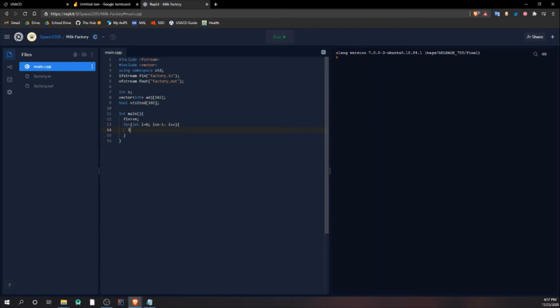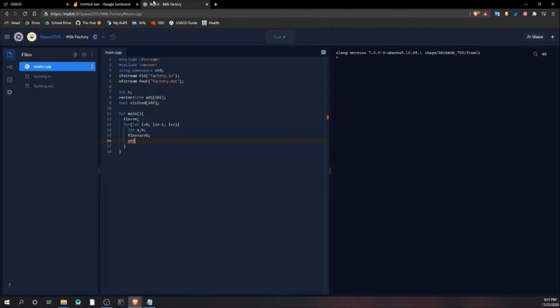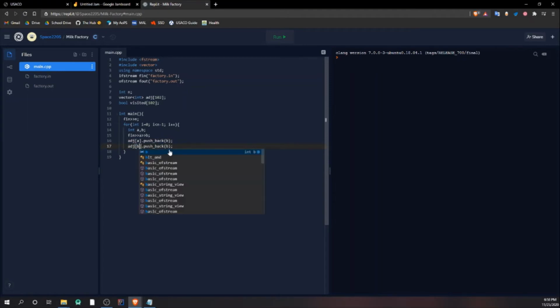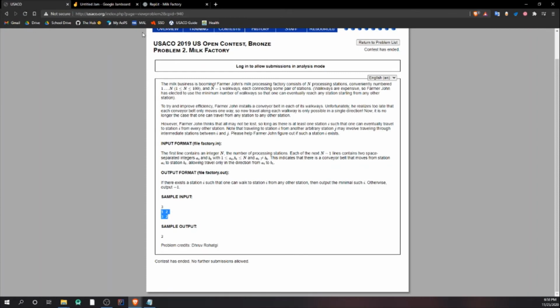And what we're going to do now is create two dummy variables, int a and b, and then input a and b. And then for the adjacents, normally if it was just a regular DFS and it wouldn't have been a one direction traversal, what we'd have done is adjacents at a dot pushback b, basically inputting b into the adjacency list of a, and also the same thing for b. We would input a into the adjacency list of b, right? But in this case, since it's only one directional, meaning that we're going from a to b,